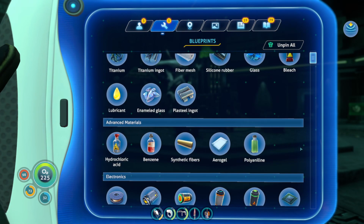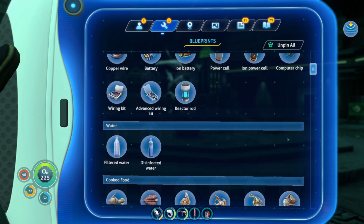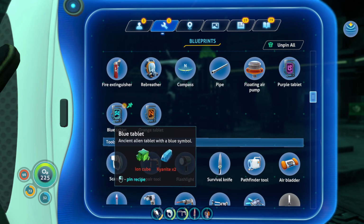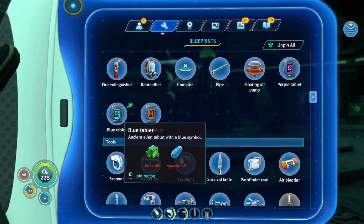Okay, how do we construct the blue tablets? So close and yet so far. Here. Kyanite. So I'm going to need to get to a fabricator. Do I need to... Either I would need to go all the way back past the...